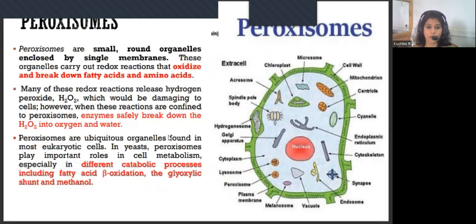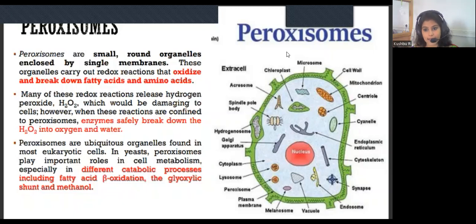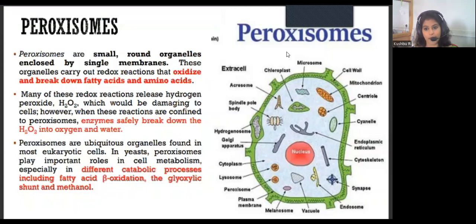And the last one that we are going to see is peroxisomes. Peroxisomes are actually single membrane organelles. A peroxisome is a small round organelle enclosed by a single membrane. Here we have to understand that the toxic byproducts produced by metabolism, or toxic molecules entering the cell, or toxic intermediate byproducts have to be nullified by the